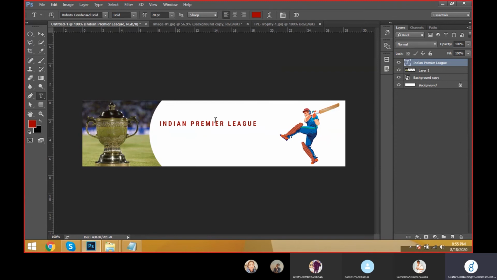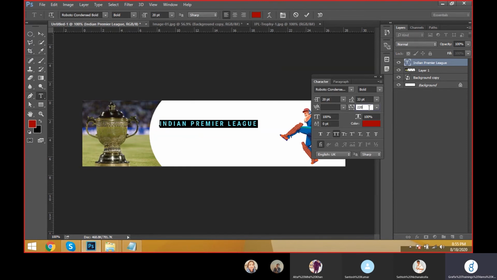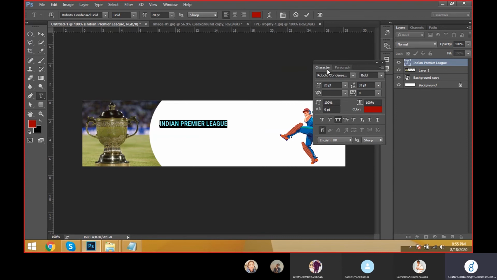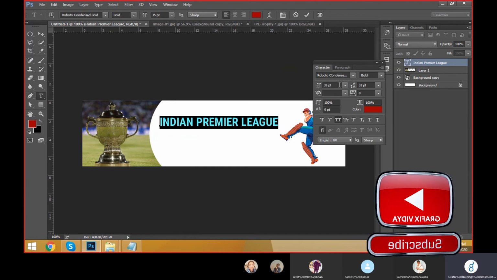Yes, and we can decrease the character spacing size also. Then we can go to the character panel and you can give 0 here, then automatically it will be there, and the font family will be Roboto Condensed and the font size will be 35. You can give it directly from here only.